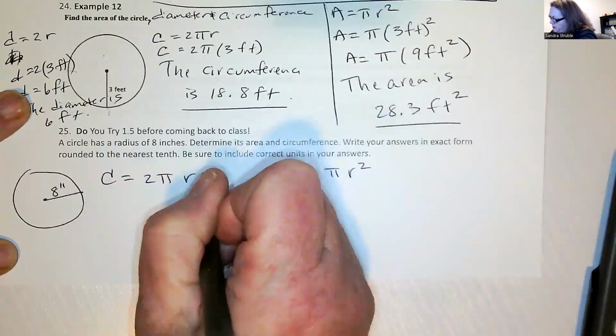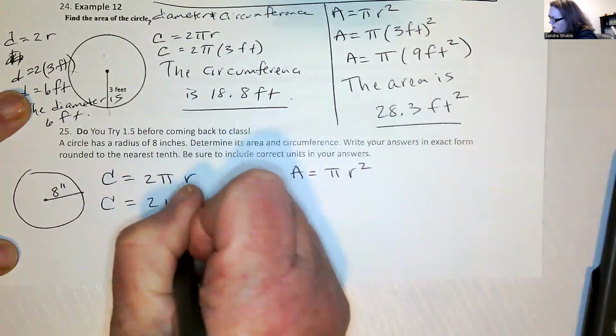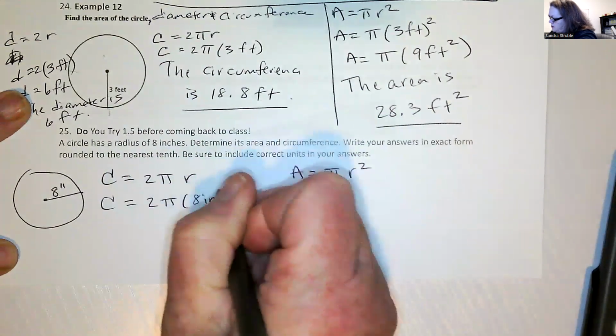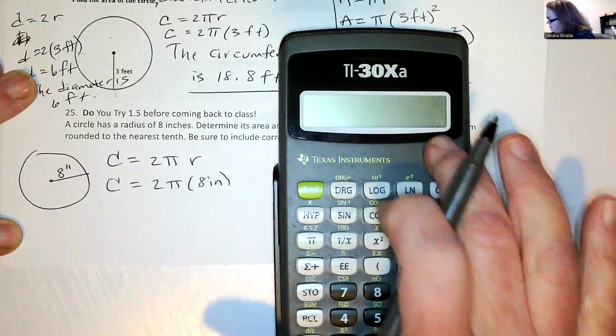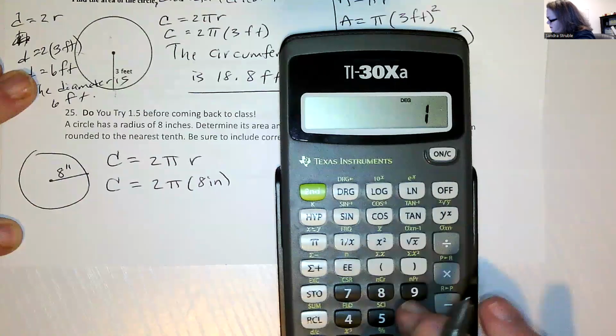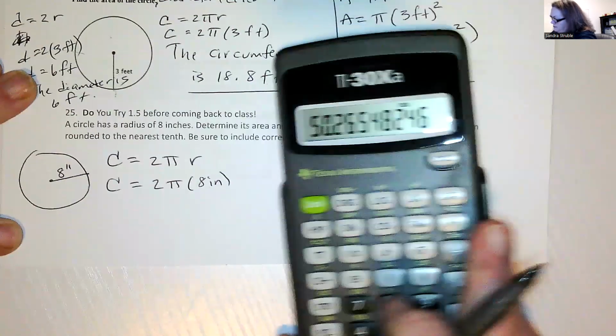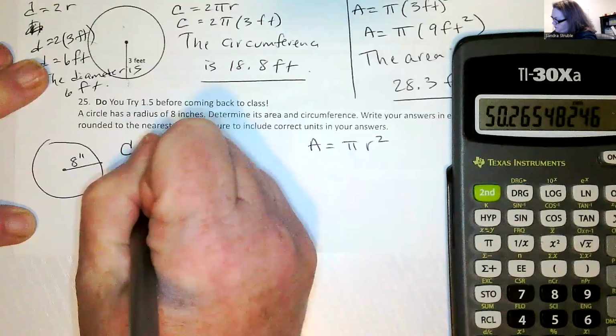8 inches is our radius, so c is equal to 2 times pi times 8 inches. And that's going to be 16 times pi, which is 50.3. So the circumference,